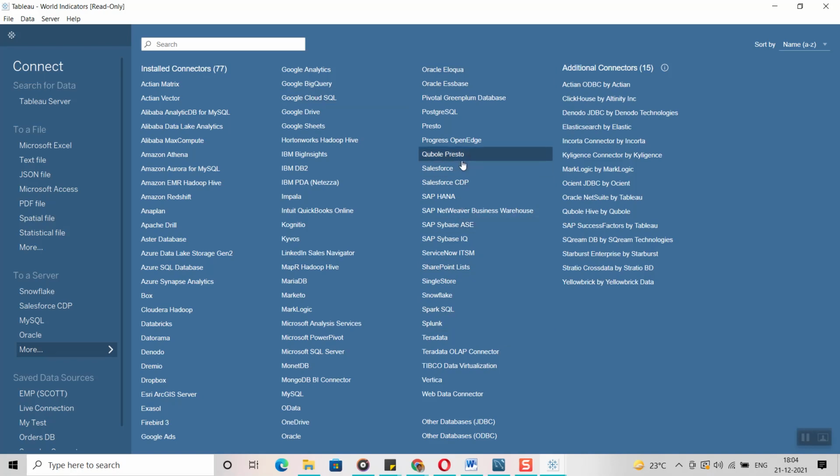So now, for example, if you want to connect to any kind of database, you have to choose which database it is. Once you join a project, you should know what the database is. Then you are going to connect to the database. For example, let's take Snowflake. Okay, I am going to click on Snowflake.